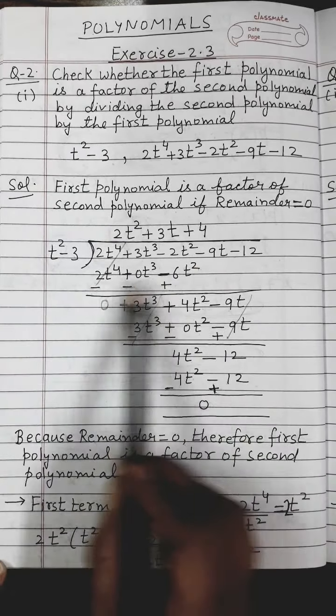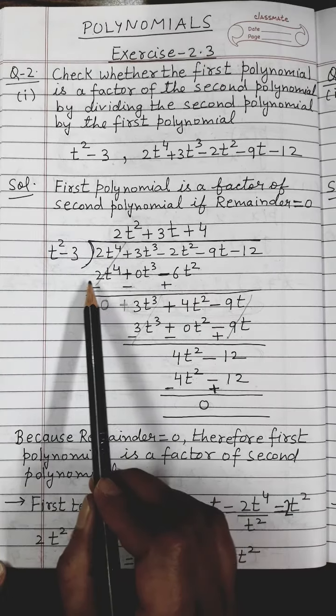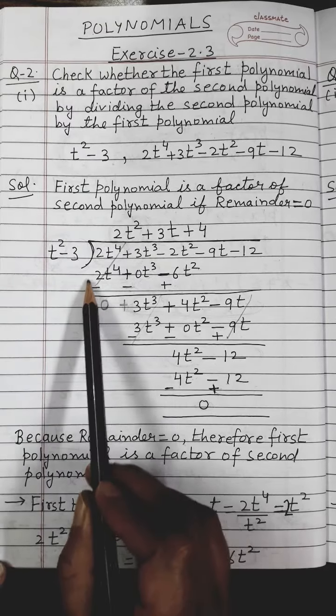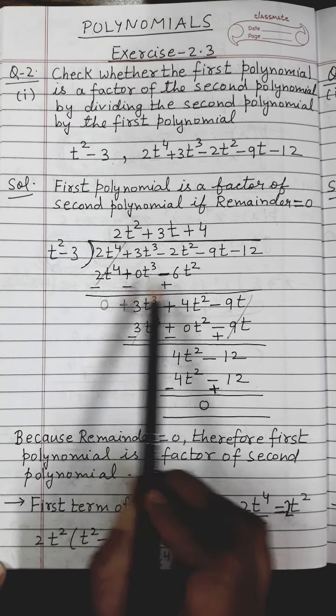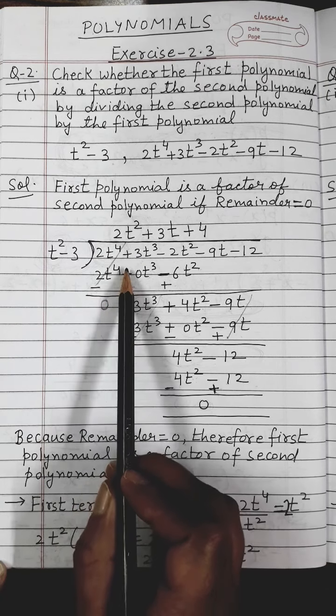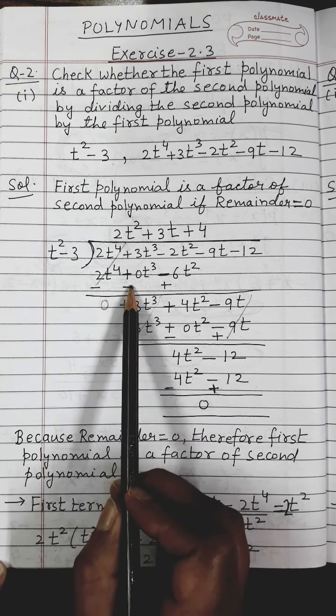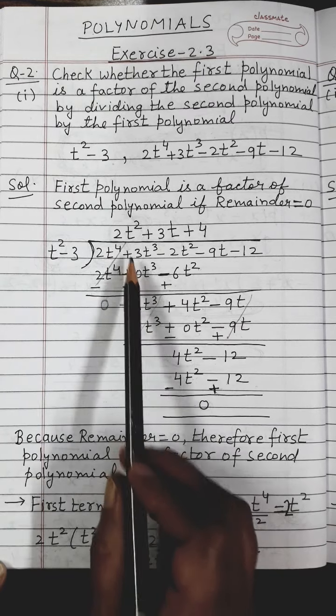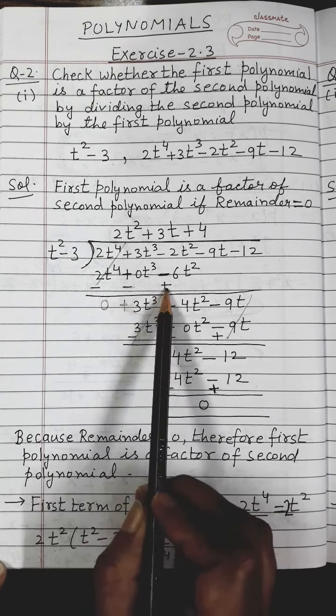Now I will subtract these two polynomials. For that I will first reverse the sign of every term of the second row terms. Second polynomial terms will get their sign reversed. So this is a plus sign term, so I write minus below it. This is plus sign, I write minus below it. This is minus sign, I write plus below it. Now I will subtract the two polynomials by considering these new signs.